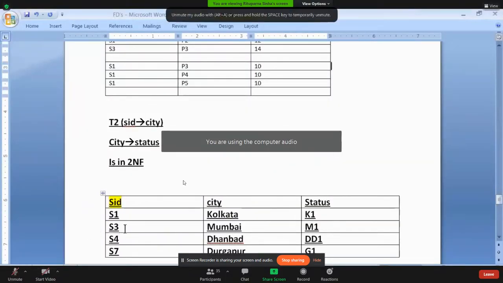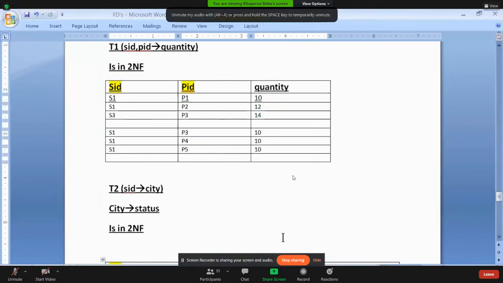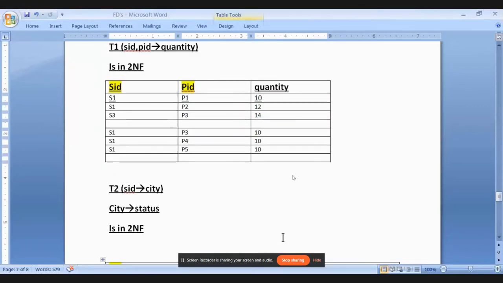We could have also deleted information very smoothly, even for suppliers who don't supply any product. But my question was, is T1 having redundancy? I will say no, T1 is not having any redundancy. Why is it not having redundancy? Because